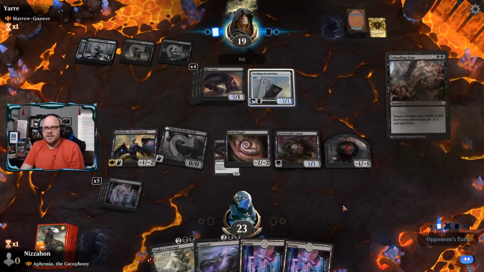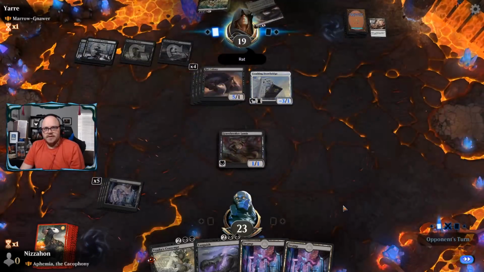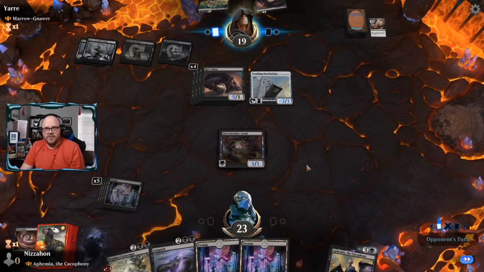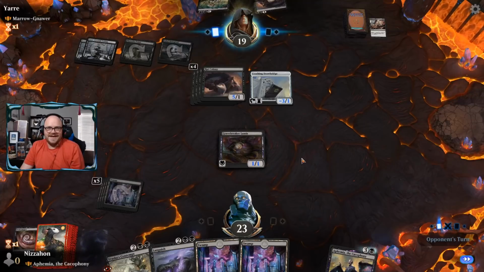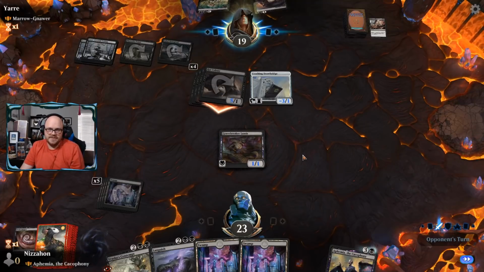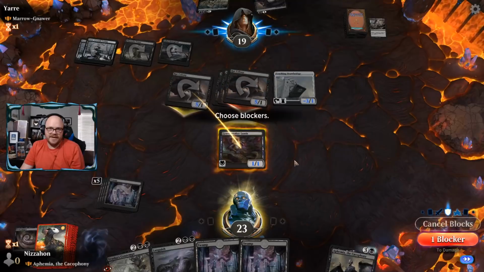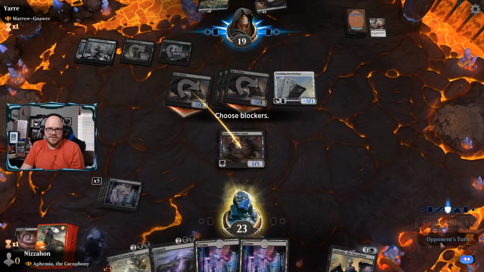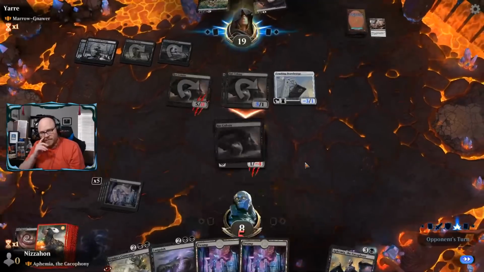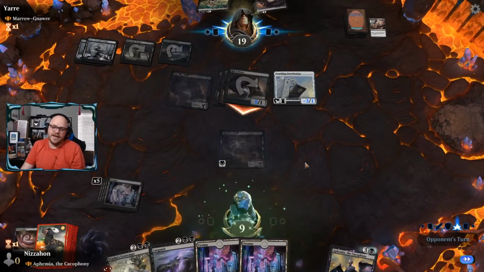Ooh. Okay. I can still block and kill one of them. So we do, if they attack us. Yeah. So we're going to do that, and then we pretty much have to Languish. Unfortunately, they still have a rat colony in their hand, but...